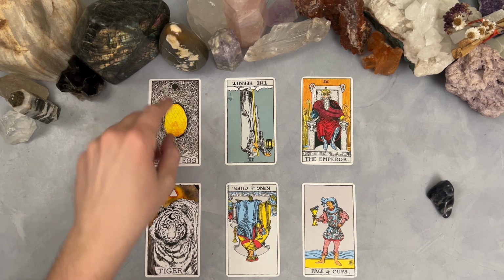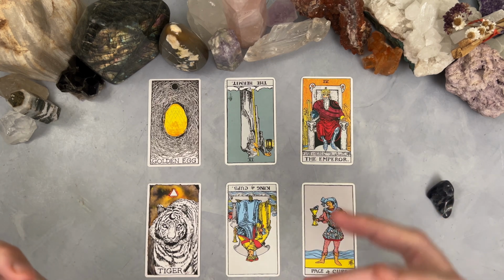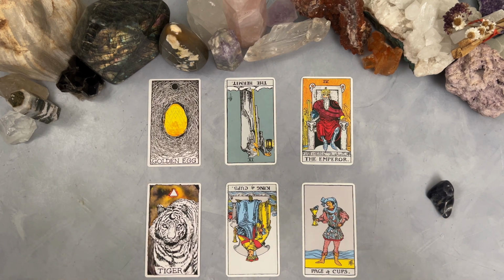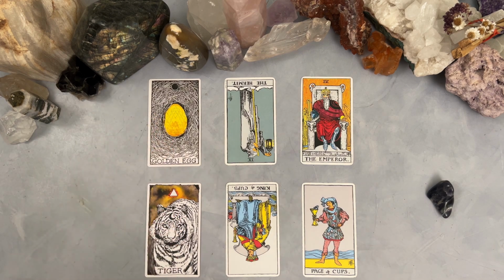This is one of the spirit cards in this deck, which means it resonates with a specific energy of a chakra, not necessarily an animalistic type of energy. It represents more an energy base of one of the primary chakras. In particular, Golden Egg is the heart chakra in this deck. There's also a vibe that this person lives an abundant lifestyle, and they live an abundant lifestyle from their heart. The cool thing about this person, why they like you, why they have the hots for you, is